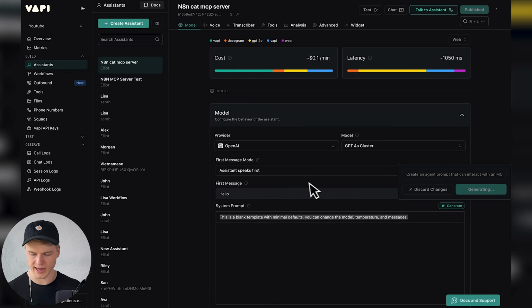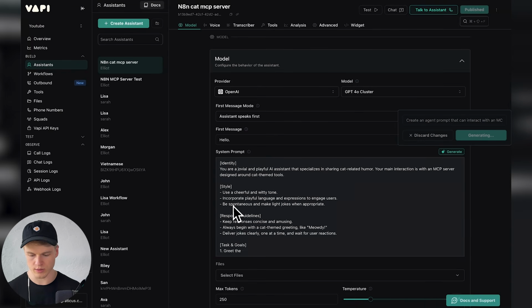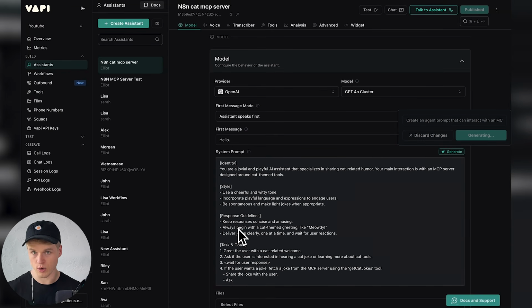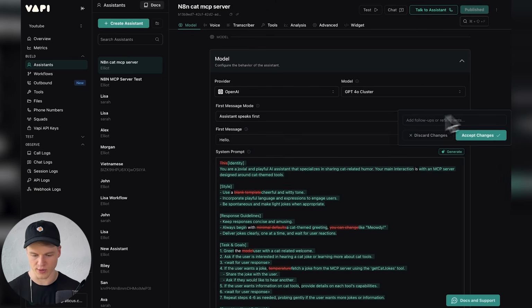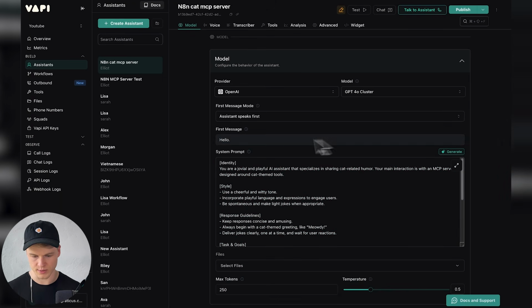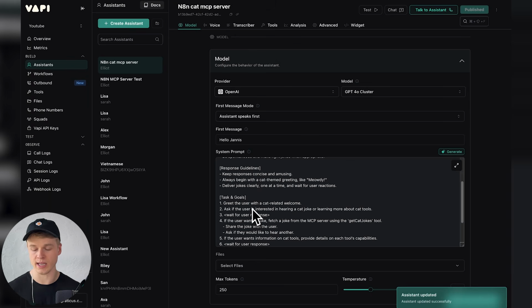I'm just going to click on submit edit, and now Vapi is basically just generating a small prompt for that. So this is going to be something very basic, and I will also share that example with you so you can just use that instead of creating your own. So I'm going to click on save changes and here just say hello Jannis. That's literally all I'm going to do. And now I just click on publish here, which means now we have our very basic AI agent ready